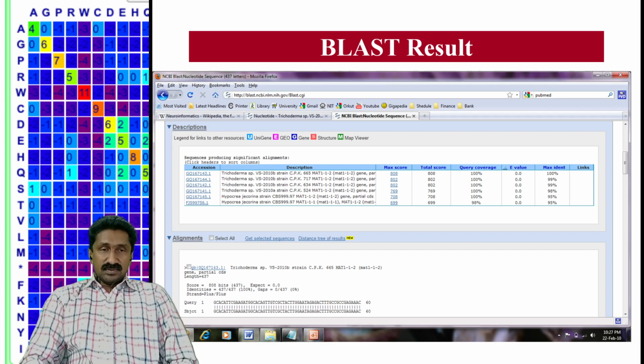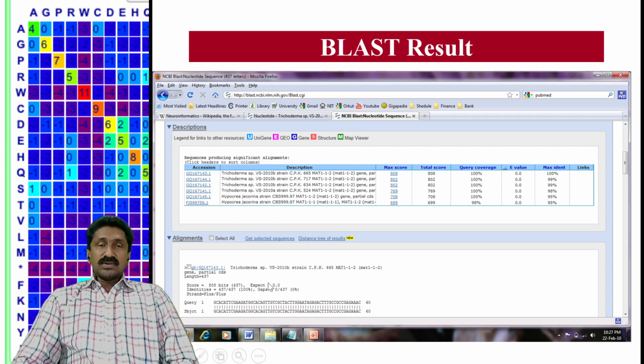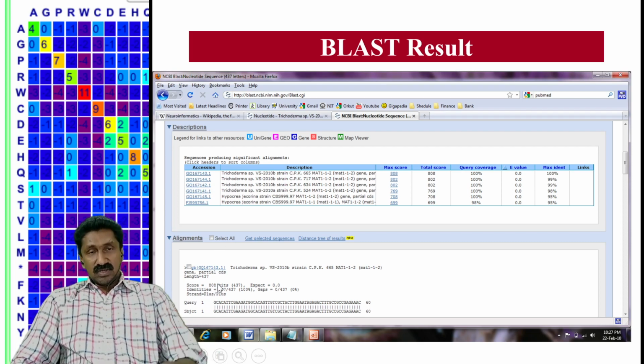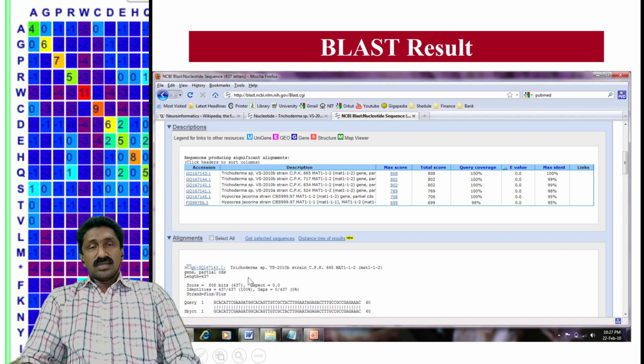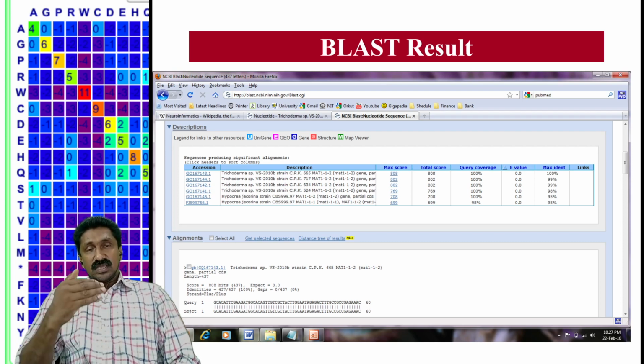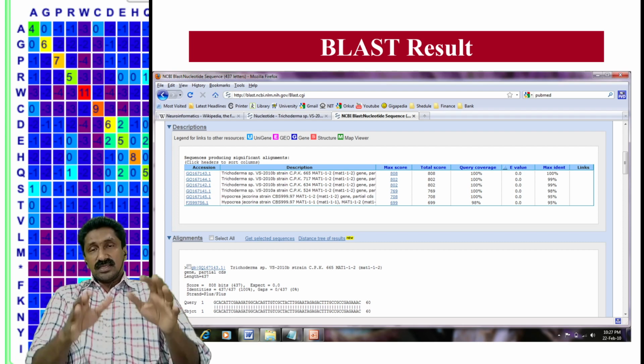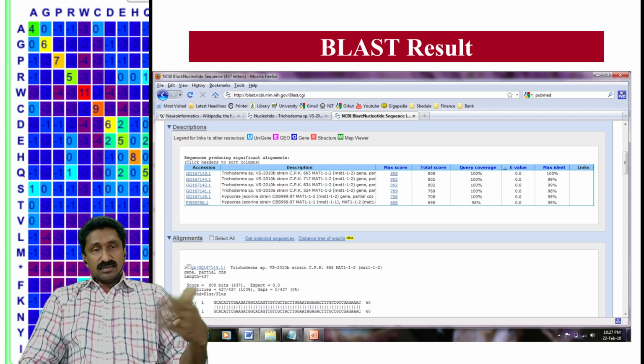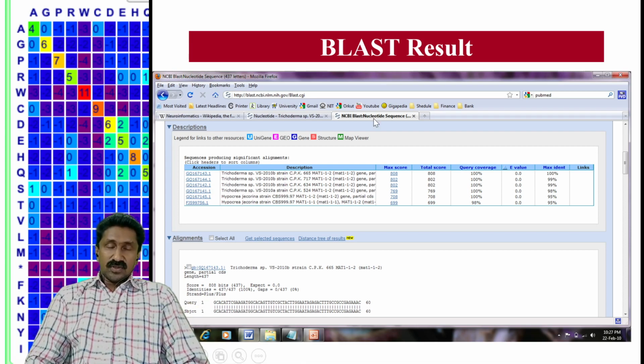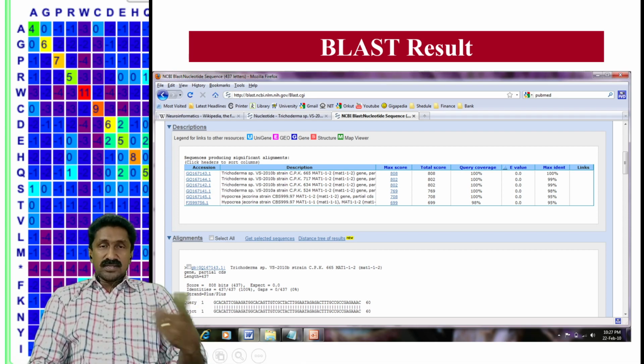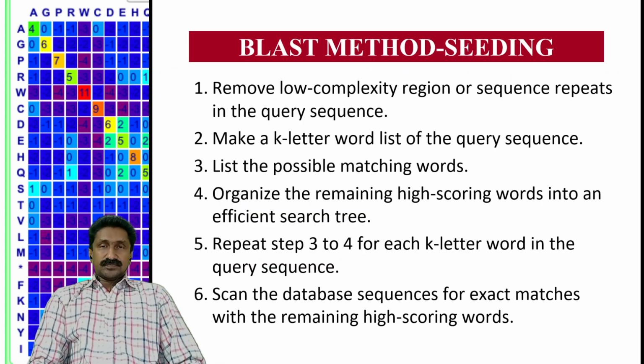Then below that there will be sequences aligned, and for example, the first sequence in the list will be aligned with your query as subject 1. So subject 1 is the first one listed, subject 2 is the second one listed, and below that page, it is a very long list, and every sequence listed at the top will be compared using a pairwise alignment and displayed in the results, so that you can select, download and use it for various purposes. So that is explained in the practical sessions on BLAST.